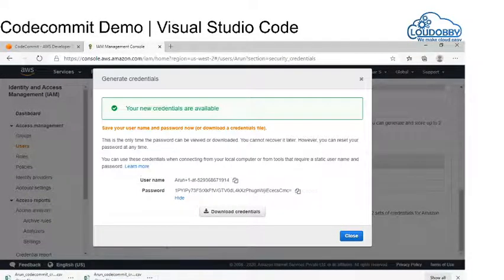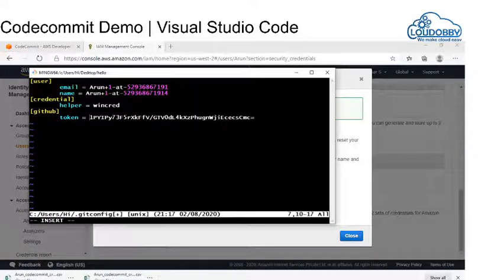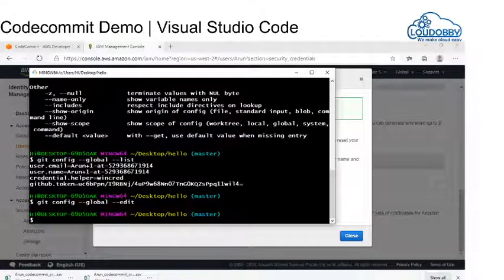I should make sure I have copied it correctly, then I'm pasting it. I'm saving the file.